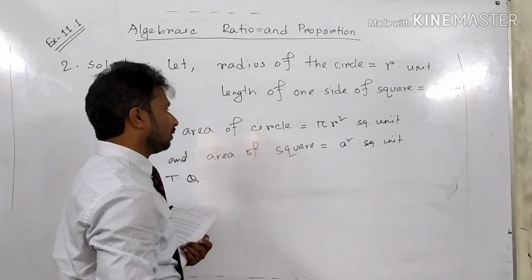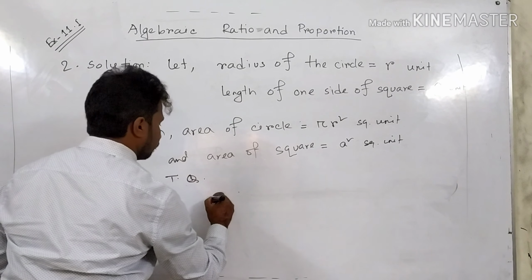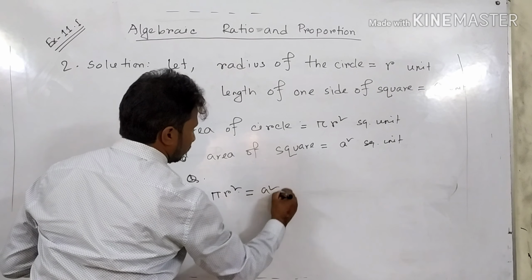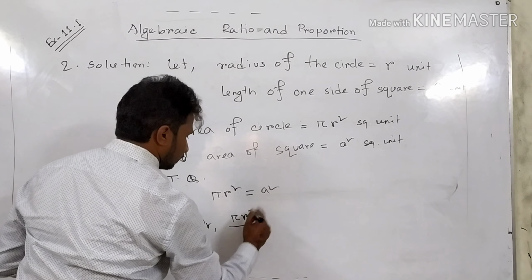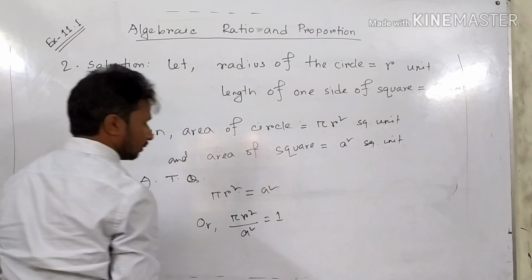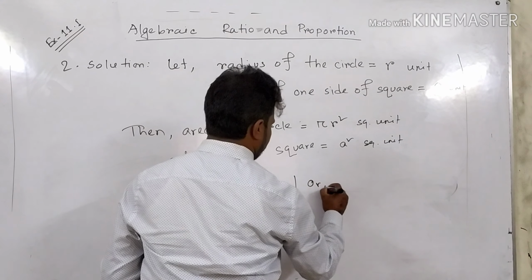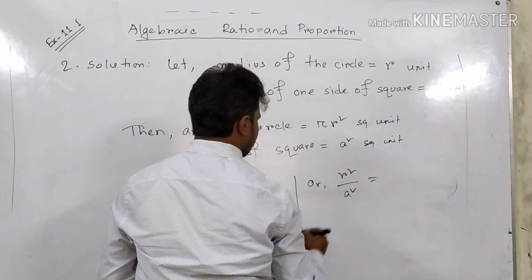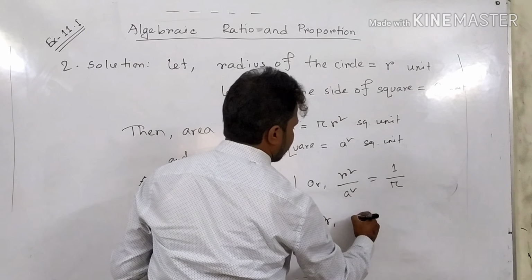Since area of the circle is equal to the area of a square, we'll write here pi r square equal to a square, or we can write here pi r square divided by a square equal to 1. Alright, now you write or r square by a square equal to 1 by pi, or you can write